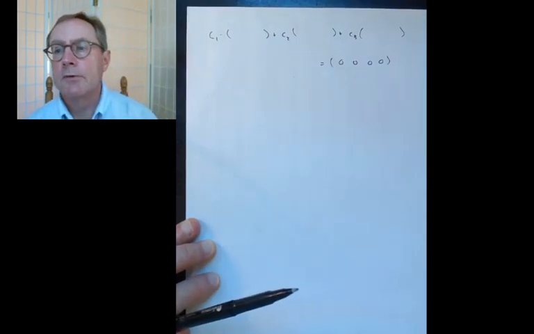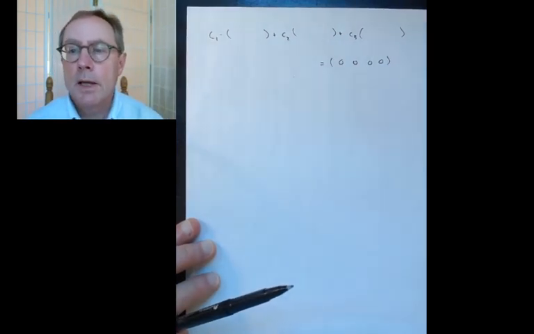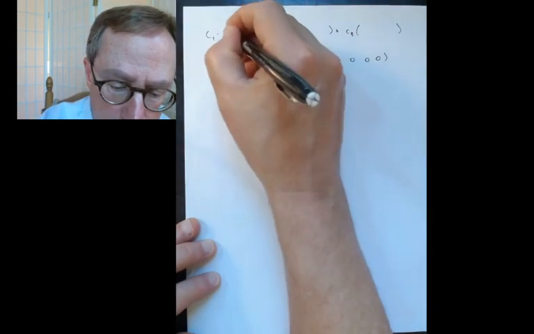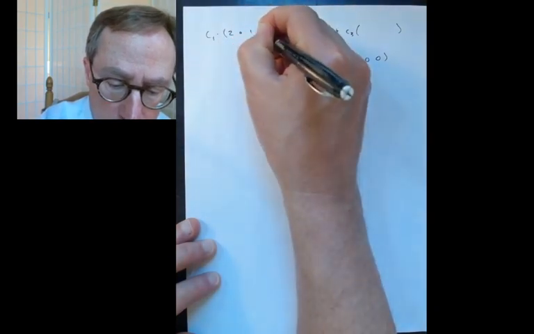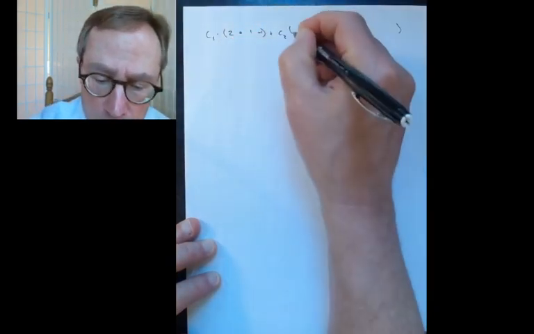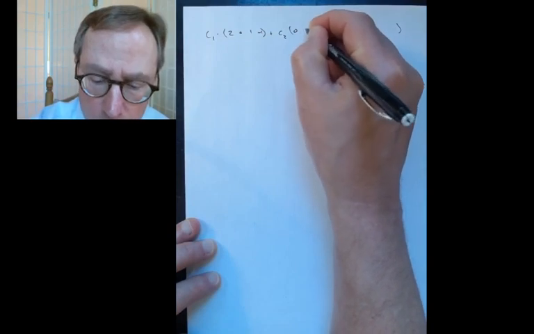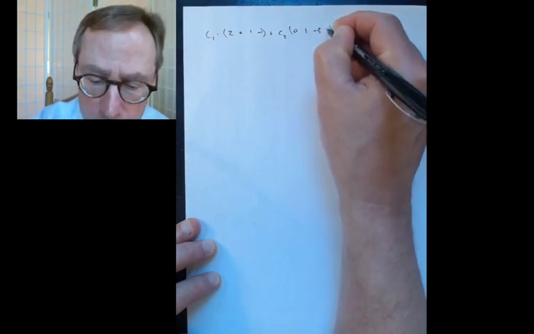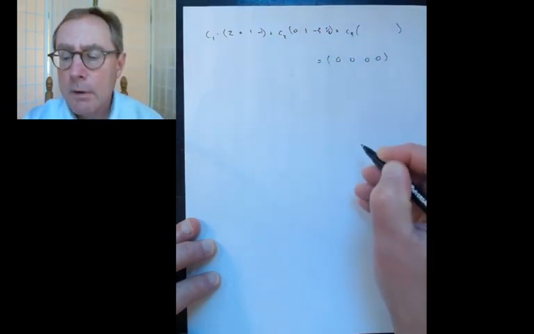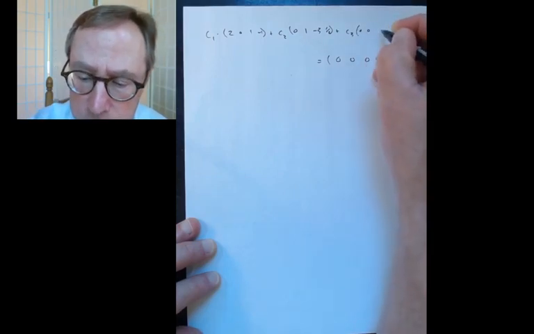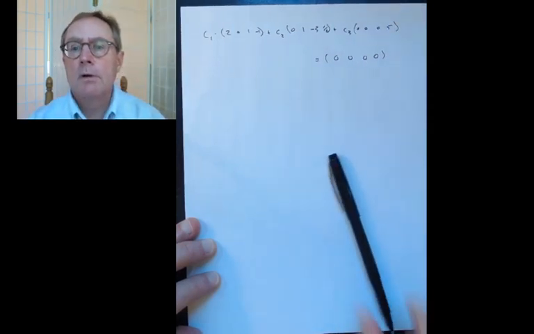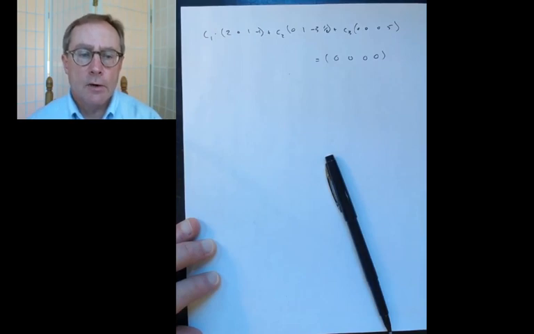Let me remind myself what the parts are. It is 2, 0, 1, −1; 0, 1, −3, 1/2; and 0, 0, 0, 5. If I write down that equation,